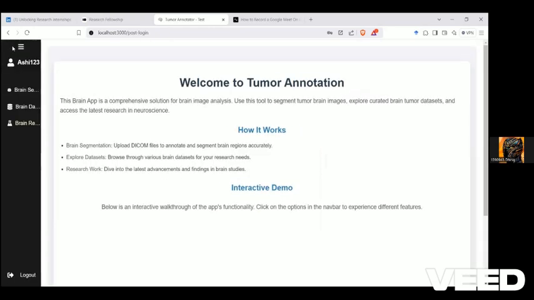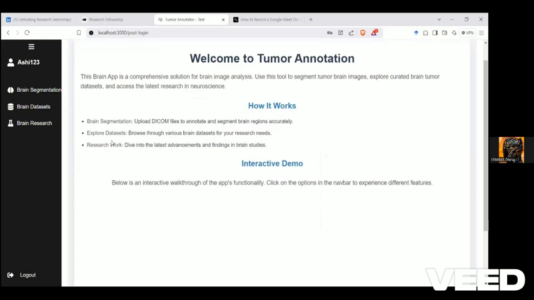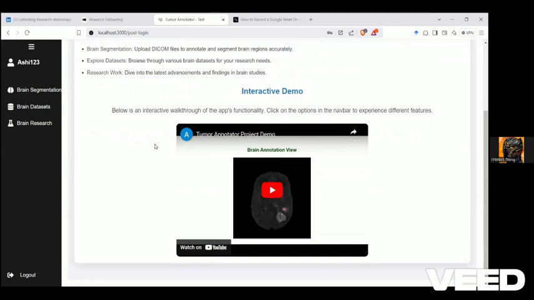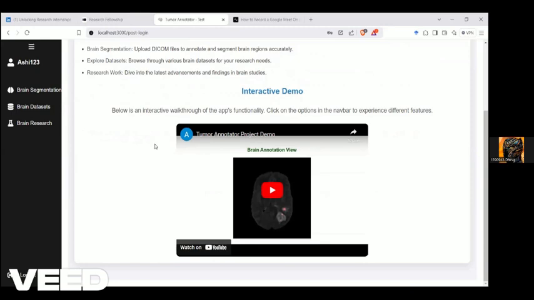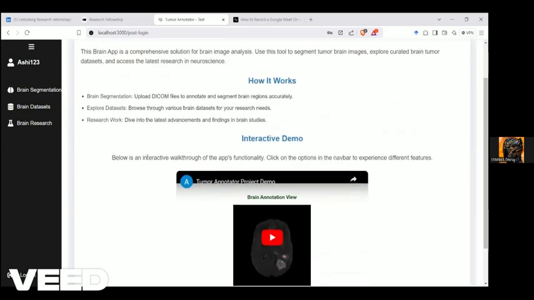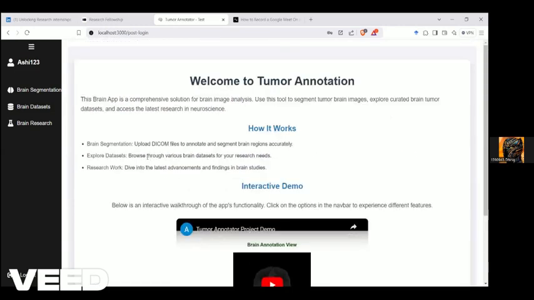So yeah, this is the homepage of the application, which shows us about tumor annotation, why it is important, and why we have chosen this project. So we know that annotation of data sets is the thing which takes the longest time during a medical process. And instead of doing annotation and further preparing data sets, the time could be utilized to treat more patients. So we are trying to create an annotator app which eases the work of the doctors and gives accurate and